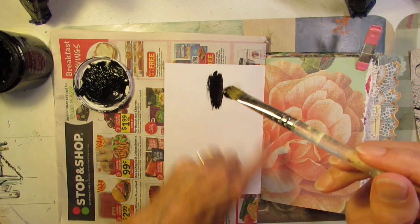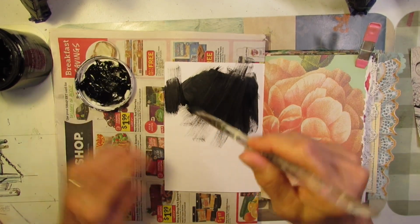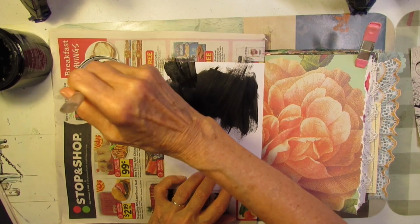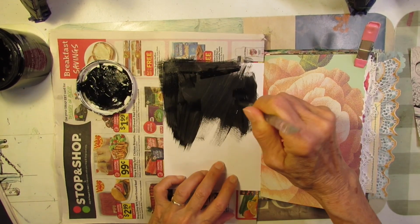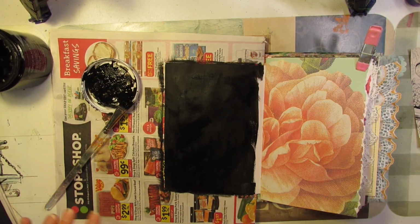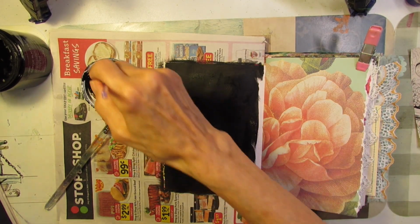Now I'm going to try not to get it over that pretty rose over there. But I'm just going to paint the page black. This is going to dry pretty quick, and I'm going to cut this out so I can fit it on this page. I did make this journal a little smaller because I like all different shapes and size journals. Okay, I'm going to get a smaller brush to do along there. I guess I could have put a piece of paper there,